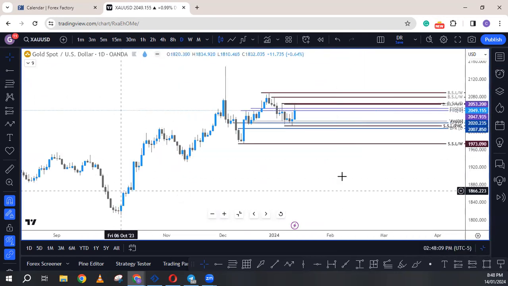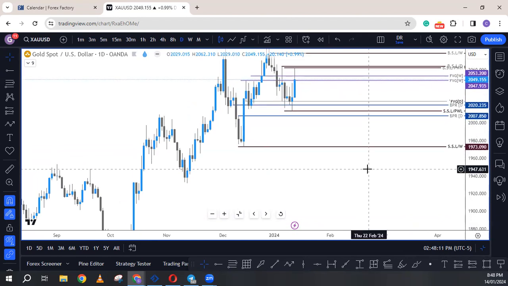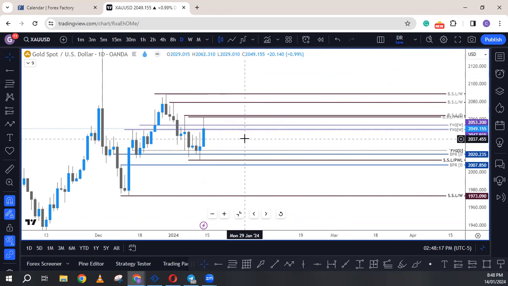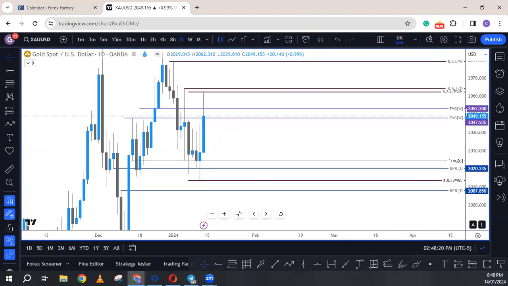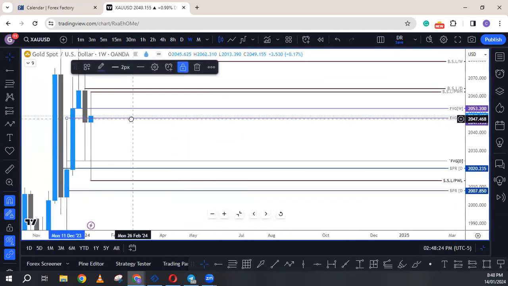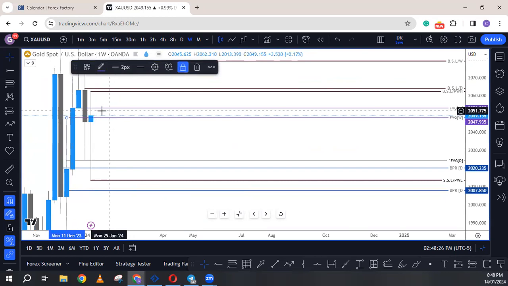If you look at gold on the daily, this close on Friday, we need to watch and see what happens here. If you notice, there's a fair value gap here on the weekly. This fair value gap from here to here, it's like what you call a balanced price range. Price has not been able to close up above it. If we drop down to the 4-hour time frame,